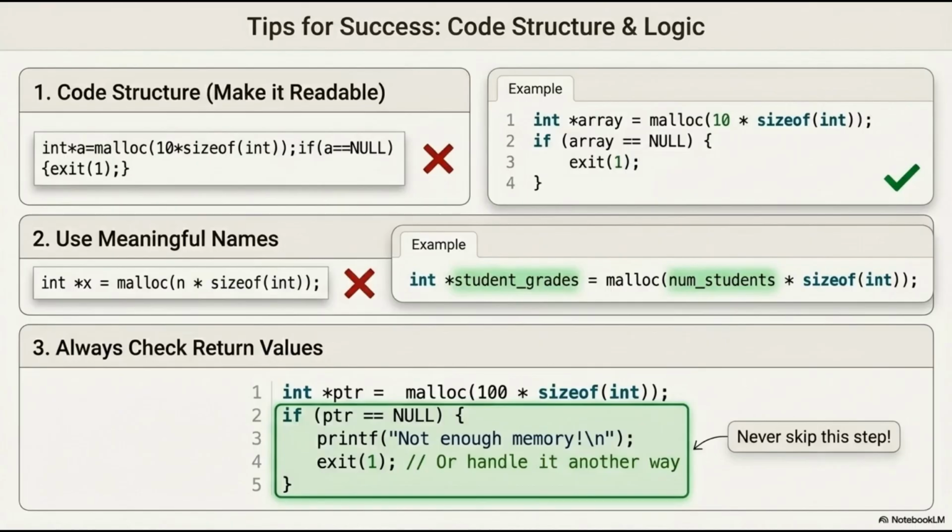Calling a variable X tells us absolutely nothing. Calling it student_grades tells us exactly what that memory is doing. And tip 3, which is honestly the most important habit, always check return values. Every single time you allocate memory, immediately check if that pointer is null. Never, ever skip this step. If the machine didn't give you the materials you asked for, your program needs to know before it tries to